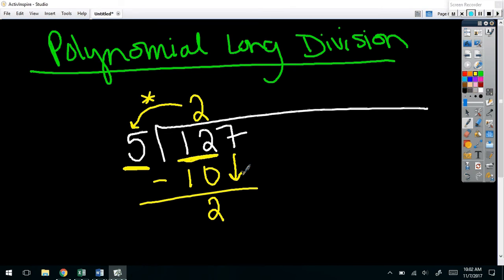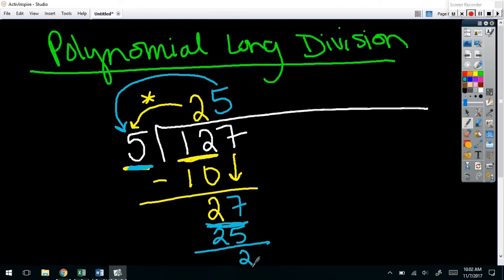Now the process starts all over again. What do you multiply this by to get this? Oh, you got to bring the 7 down. That's right. What do you multiply this by to get this? 5. Up top, and now do everything again. Multiply. I don't want any decimals, though. We're going to talk about a different way to do it. When you subtract this,